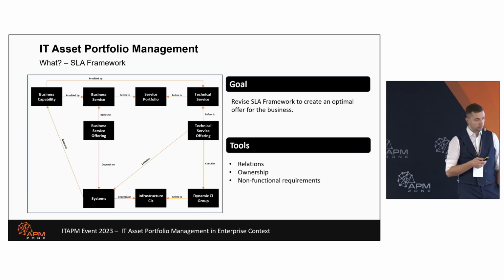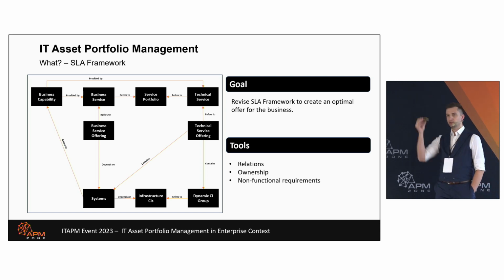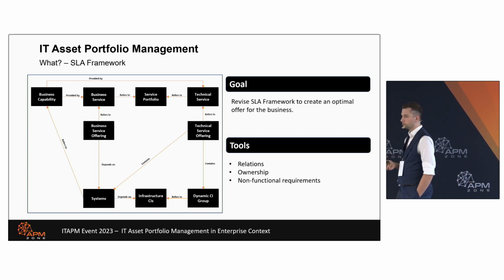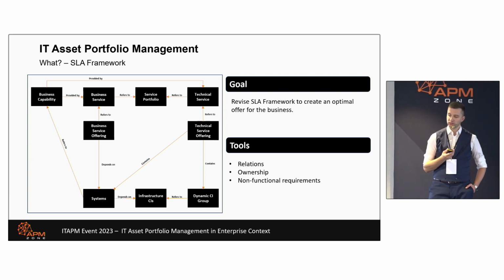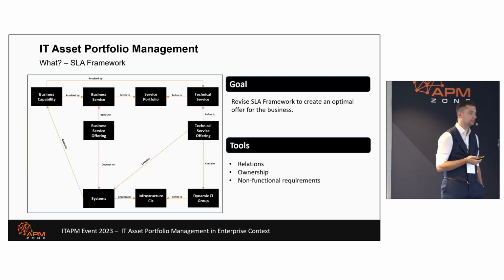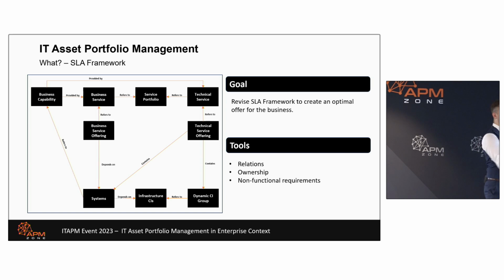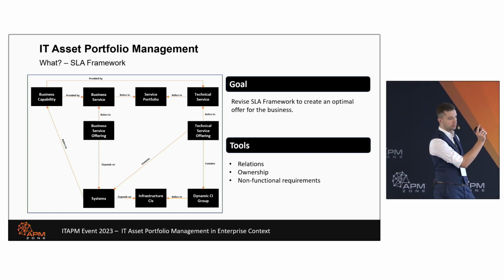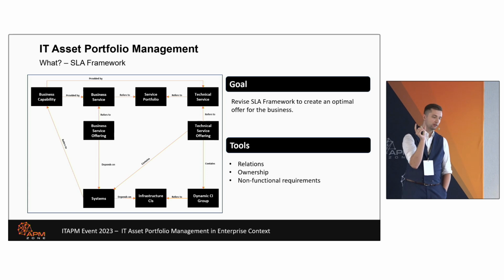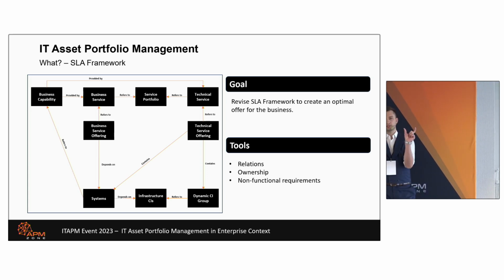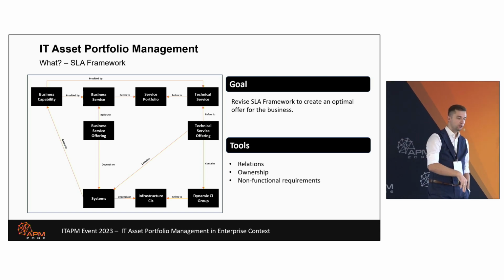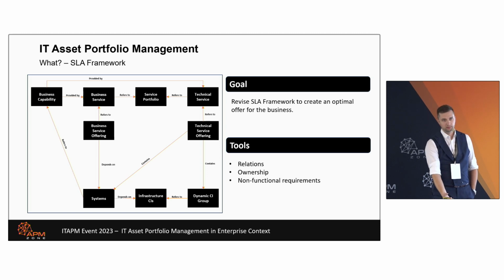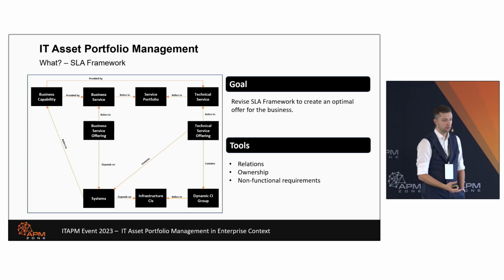And the last example is the SLA framework. So again, we jump to a higher level, to a more strategic part. So how do you actually negotiate between the IT organization and the business organization? And as you can see, there are a little bit more elements in play. But this is because we take the two strategic parts, so the capabilities from the business and services from IT. So what are we going to offer, what are we going to solve on that layer, and then go deeper into what we actually provide, right? So the systems in that case, the infrastructure, what we are providing as the organization.